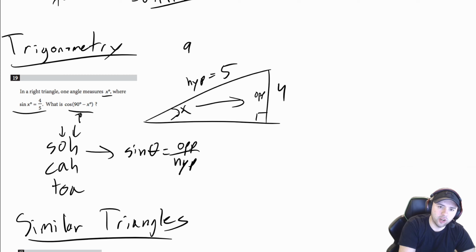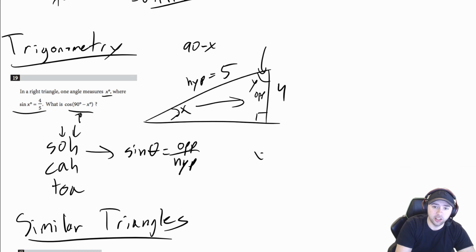Basically, 90 minus x is going to be this other angle here, because we know in a right triangle everything adds up to 180. So if I call this one, let's say it's called y, the other angle in the triangle, we can say x plus y plus 90 is equal to 180. Another way to say it is, if we wanted to know what 90 minus x was,